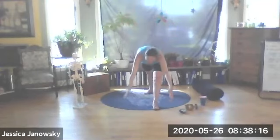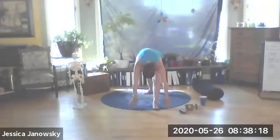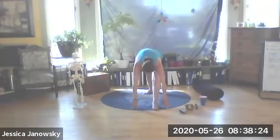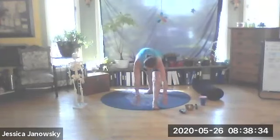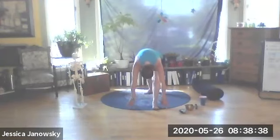We're thinking about every time we give ourselves the room, the base to be stable, we have a better foundation for what we want to build upon. Breathe. If your hands don't touch the floor, that's fine. They can be on your thighs, on your shins. It doesn't matter. And stepping together,